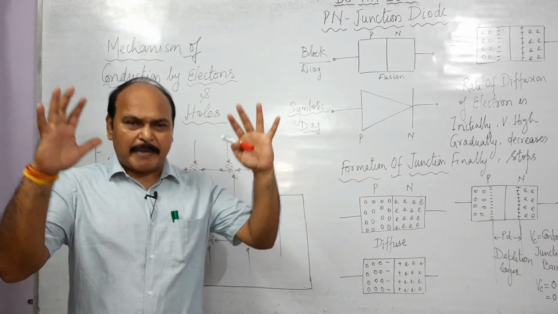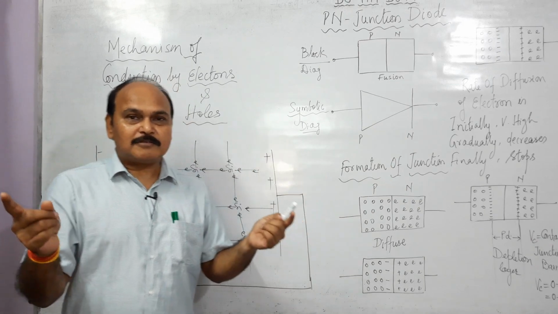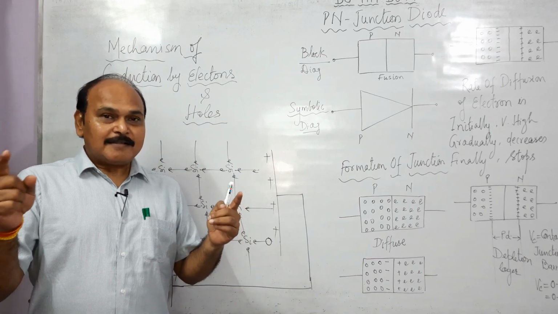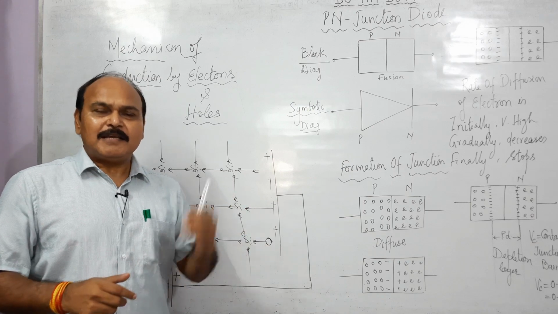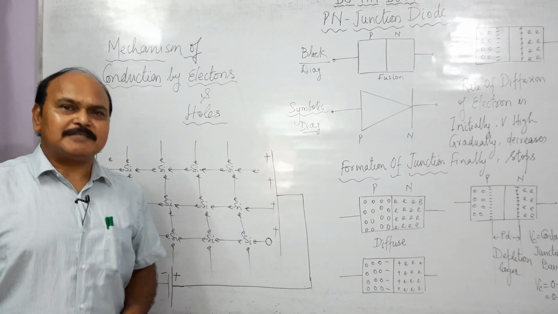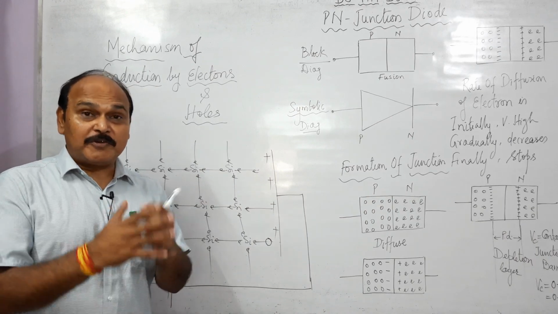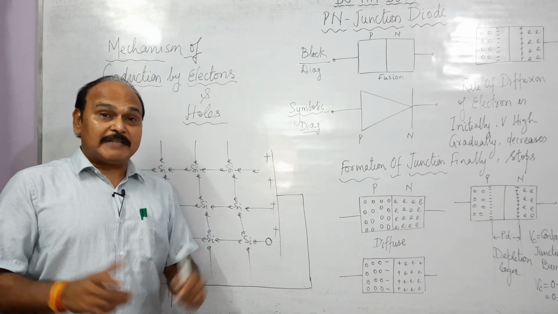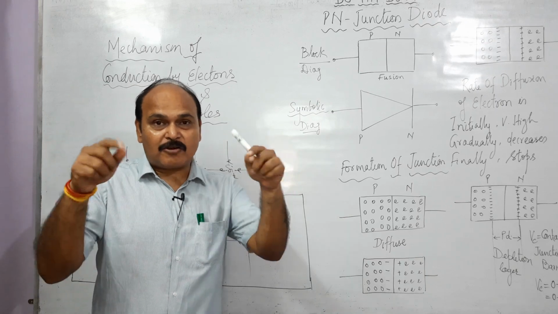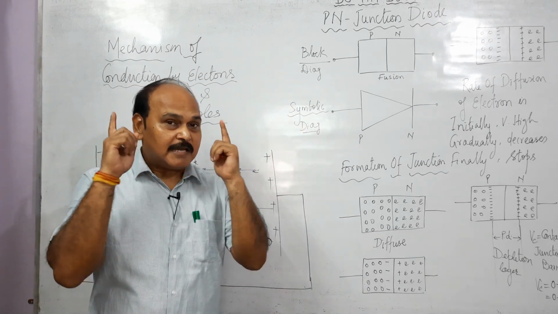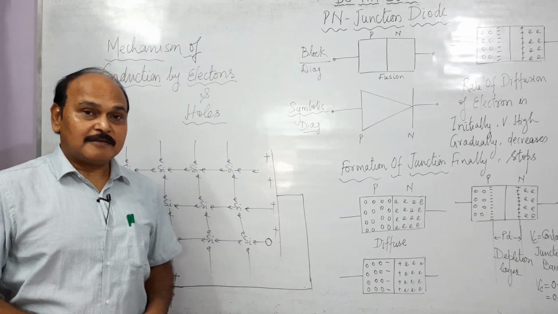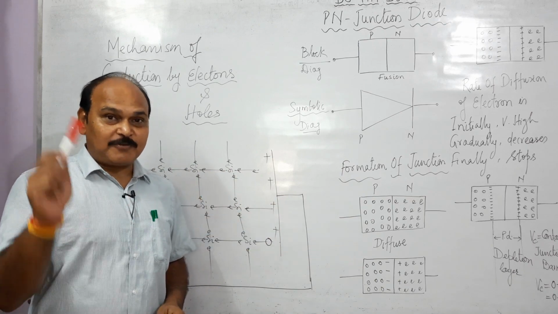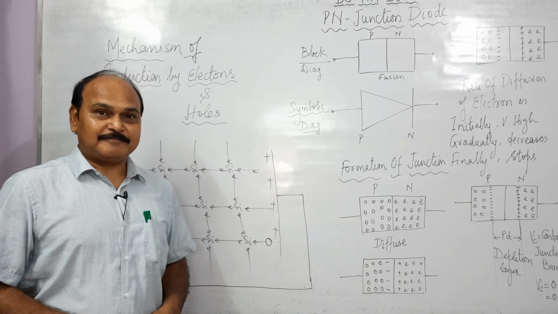In absence of any battery, these electrons and holes in N type and P type extrinsic semiconductors keep moving randomly and haphazardly in all directions with all possible speeds. Since they move in all directions with all possible velocities, their average velocity comes out to be 0. But when these extrinsic semiconductors are connected across a DC battery, these electrons and holes start moving with a certain fixed velocity. That fixed velocity is called their drift velocity.